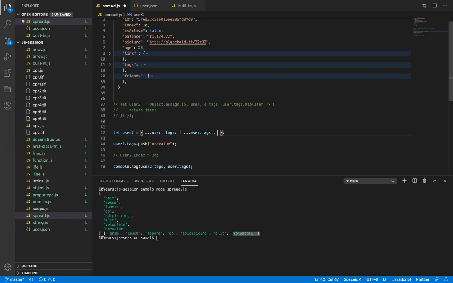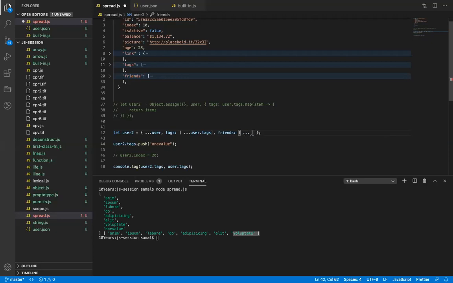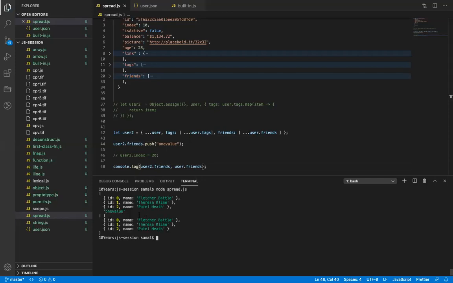Let's say you have a very big object, and that big object still has nested objects or nested non-primitives. Then you have to do this, just to make sure that you're creating a copy of it and not a reference copy of it. This will still apply for your friends. And if I do this now, you will see there's a value in one, but there is no value in the other. But let me just show you one thing.